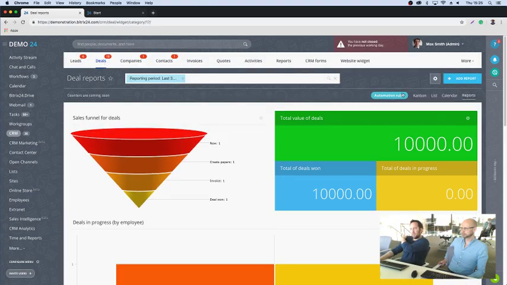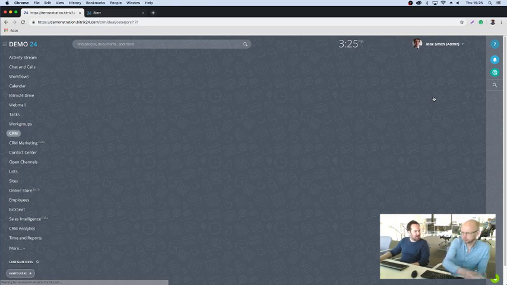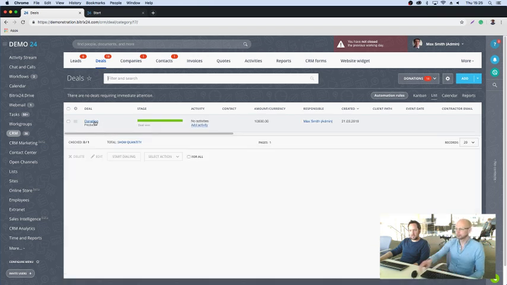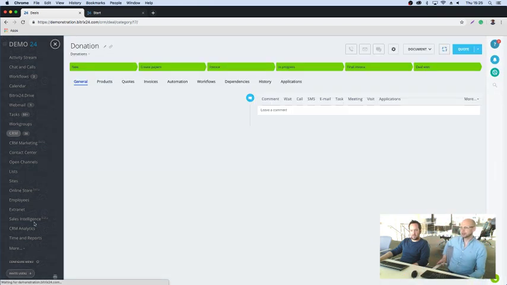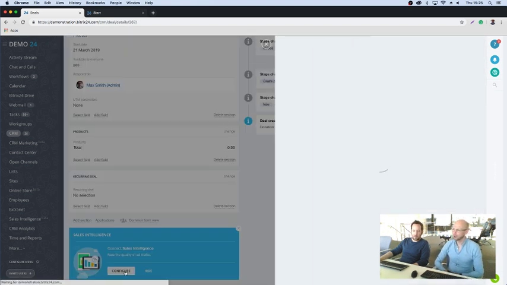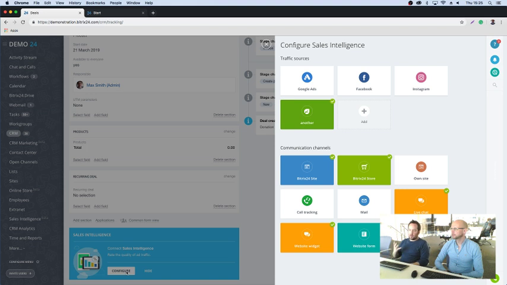Yeah, because I was just looking at the new sales intelligence, as you mentioned, which is just coming into Bitrix, and I was just seeing if you can see if it was in. Oh yeah, see it. There. Oh right, yeah. So again, this is in beta at the moment, but it allows you essentially to